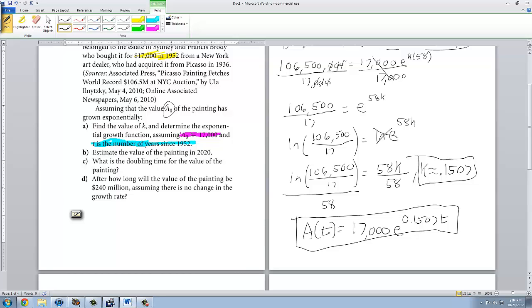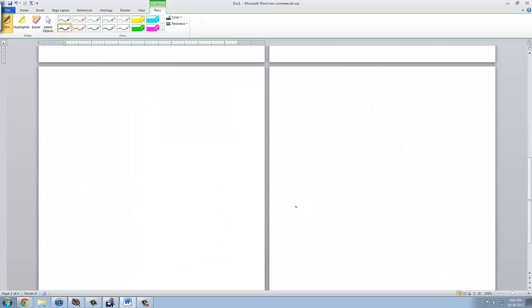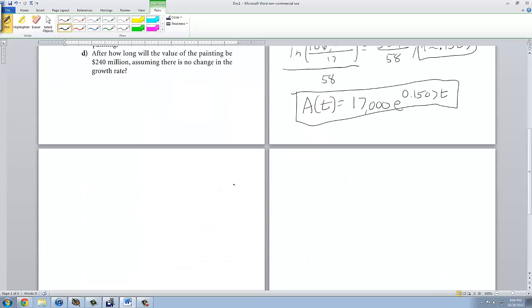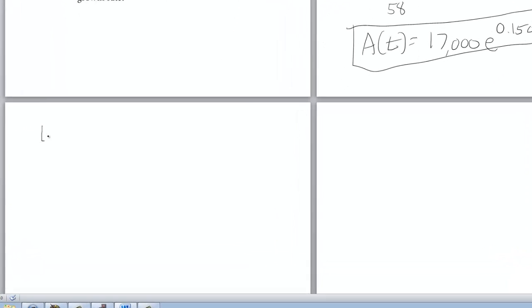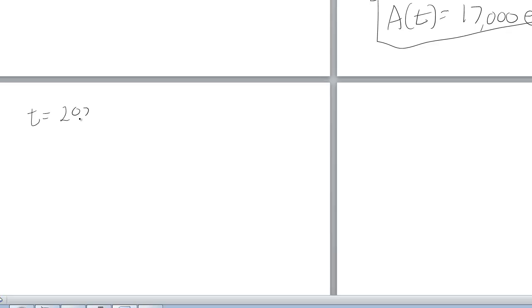Part B says estimate the value of the painting in 2020. Well, this is just an evaluation question. Now that we have our equation, we're given a new value of t. t is not 2020. t is equal to 2020 minus 1952, which is equal to 68. So now we're going to find A of 68. A of 68, function notation, is equal to 17,000 e to the 0.1507